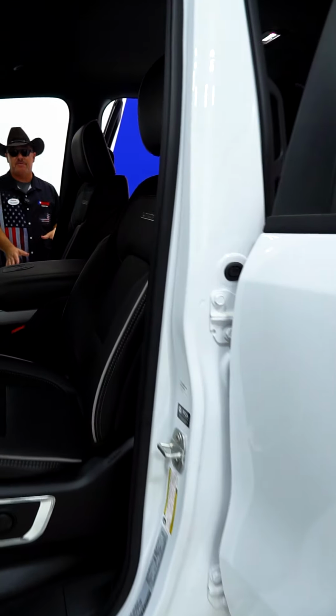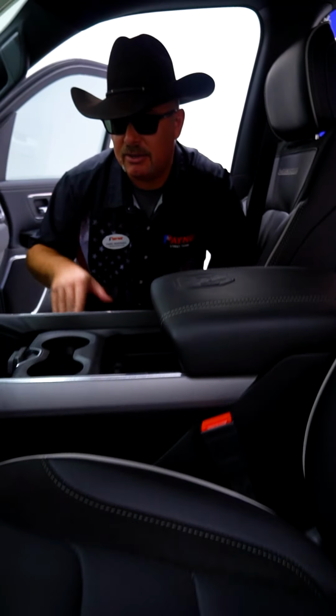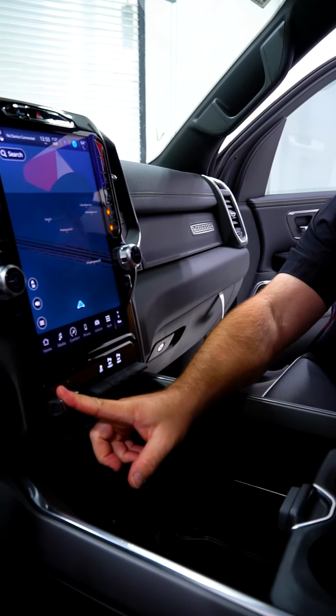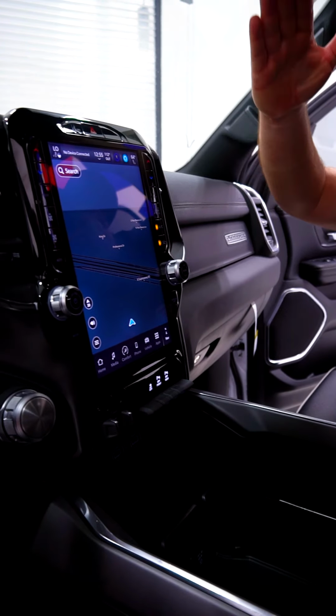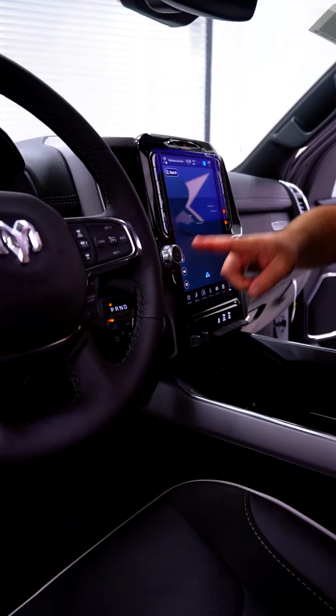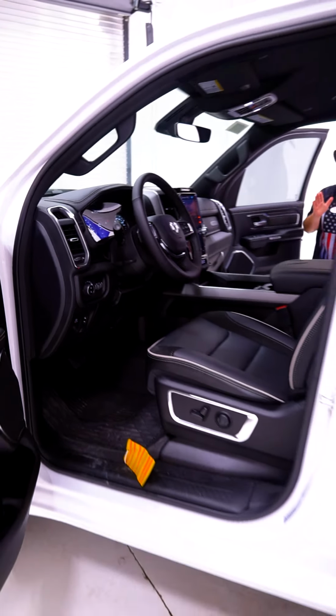We go inside, here's where the fun really begins. We have leather seats in here, a little bit of a suede insert. I love that. These are powered, also heated and vented. We have the big, huge console here, wireless charging connectivity, integrated trailer brake controller, 12 inches of screen, including navigation. Here's our transmission shifter, 4-wheel drive controls, traditional gauge cluster, and also a digital driver information station and a premium